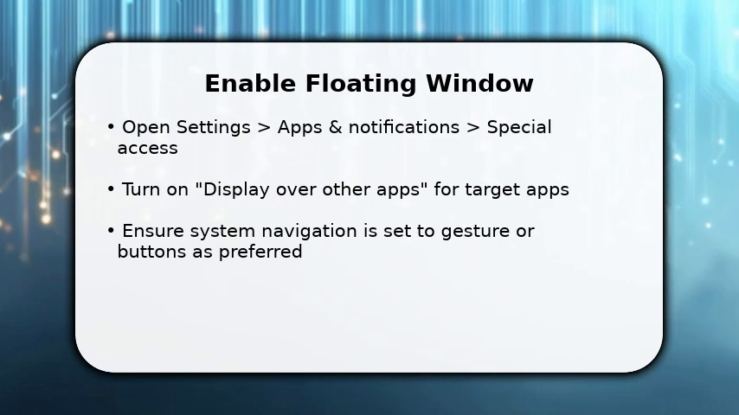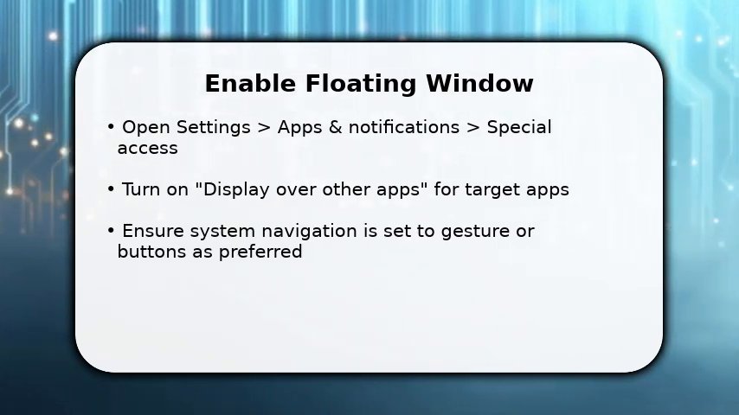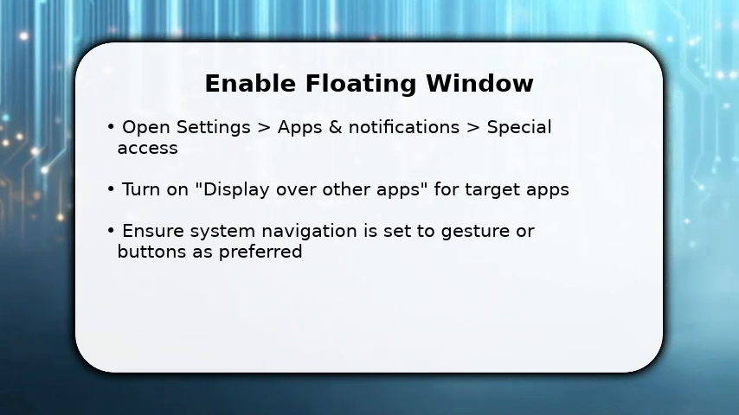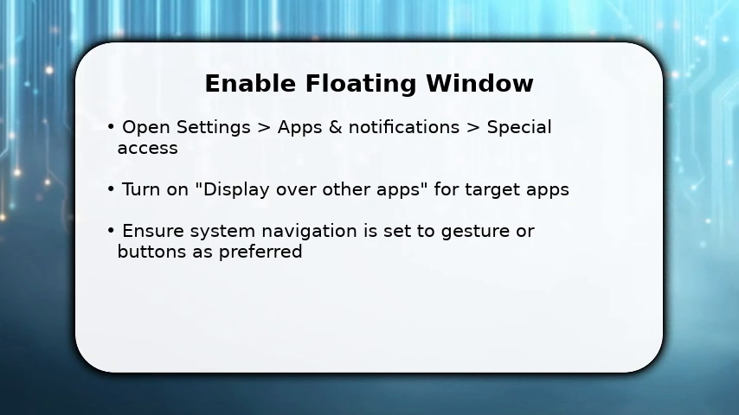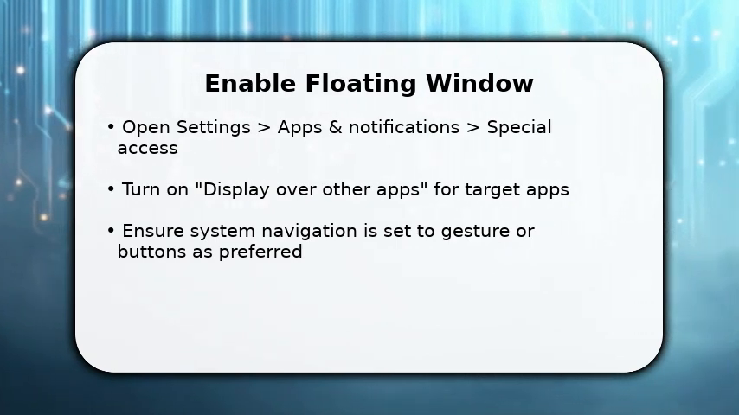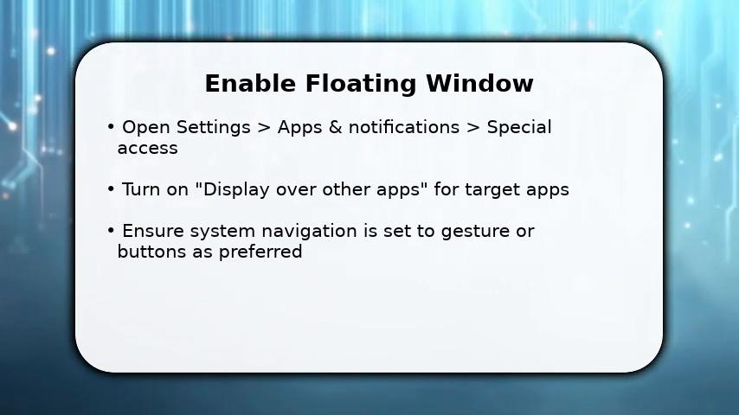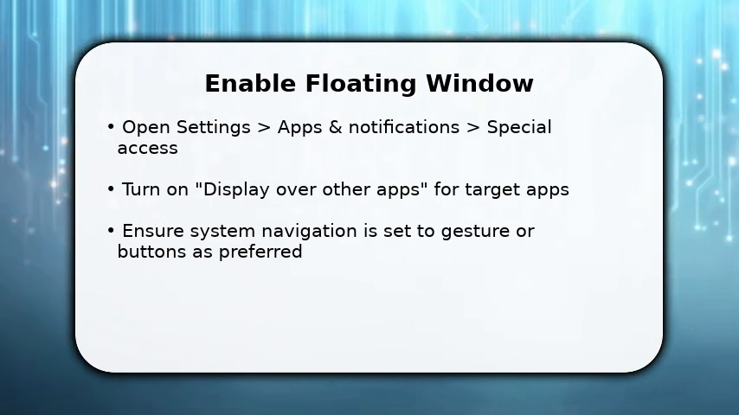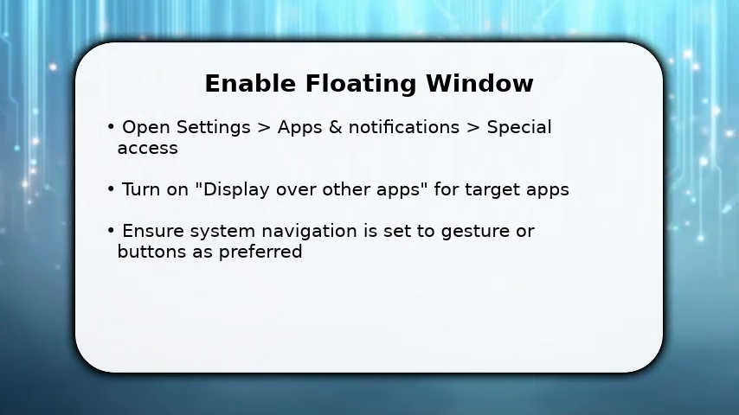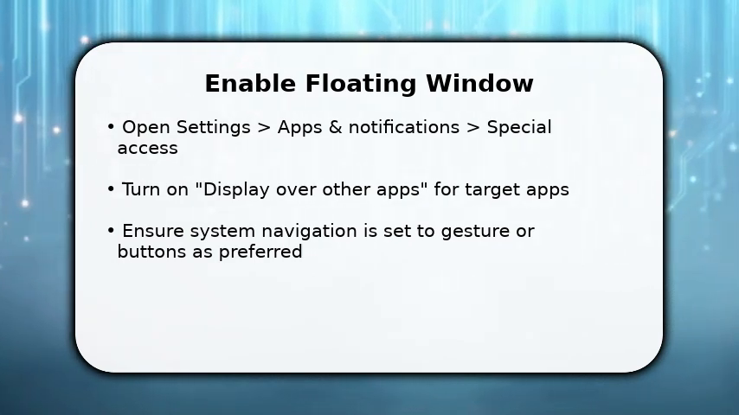You start by enabling the system permission that allows apps to float. Open Settings, go to Apps and Notifications, then Special Access, and choose Display over other apps. Turn the toggle on for the app you want to use in a floating window. Once done, make sure your phone's navigation mode supports easy window controls, because how you navigate affects how you dismiss or resize the float. This gives the app the ability to draw a small movable window over others, which is